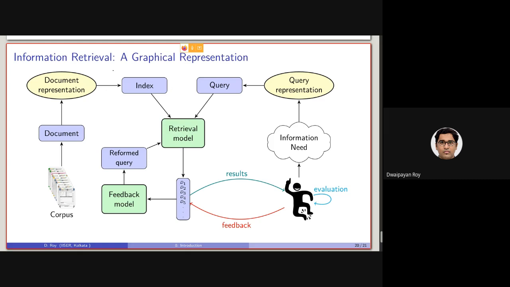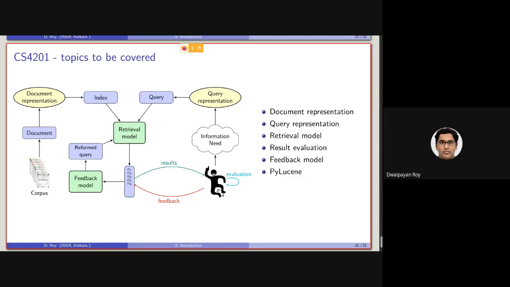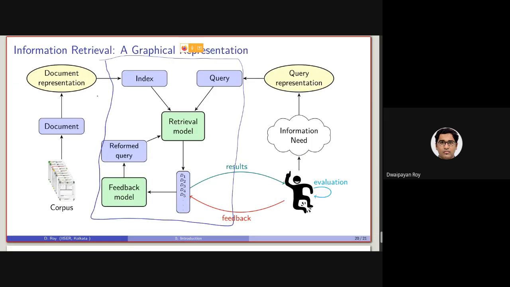So together, this is the responsibility of an information retrieval system. Primarily in the first part, we will be focusing on this. Then we'll be focusing on this. Then very briefly we'll be focusing on this.